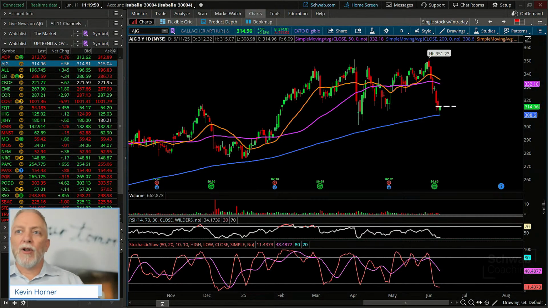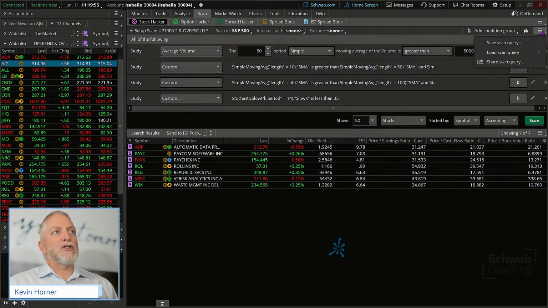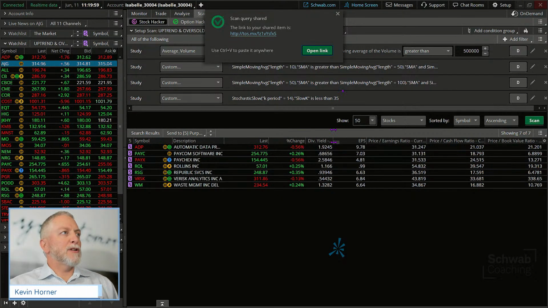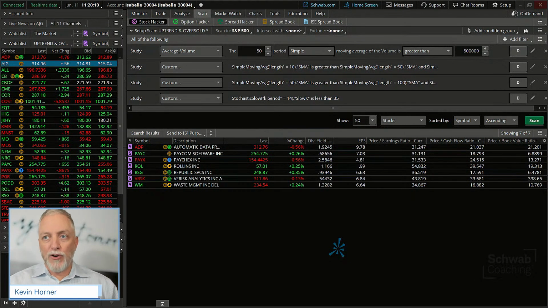Yes, I'm going to go ahead and bring the scan in here. So once more, uptrend and oversold. Let me go ahead and share it with you. And I'll place this, as I mentioned, if you didn't see it at the top, I'm placing this in chat. And then I will also place these scans in the show notes for the archived version as well.